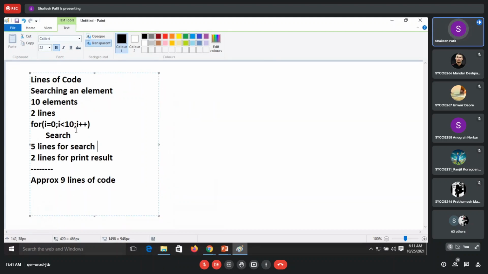If we calculate the steps, the steps will be extra from this because we are iterating. Yes or no? Yes, there is a small difference. Steps will not be exactly the same as the lines of code. If your search has 2-3 lines, we can approximately consider it 5 lines, but this is called lines of code, not steps of code. Because these 3 lines I have to execute 10 times, it may be 30.